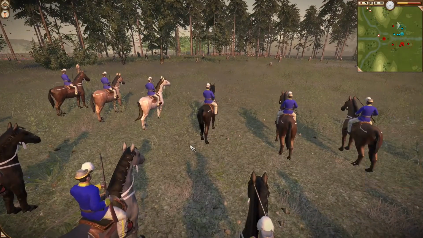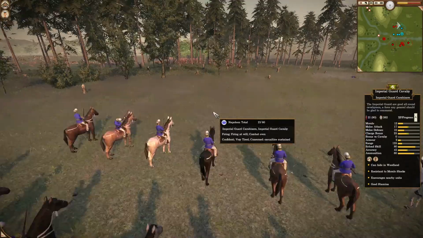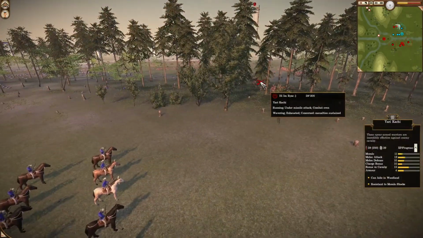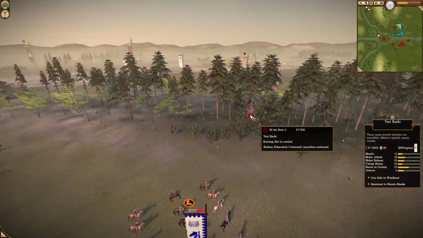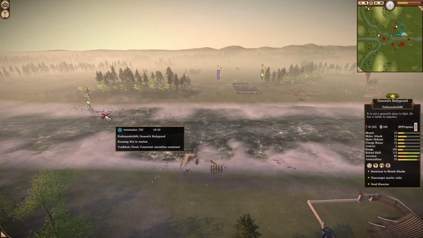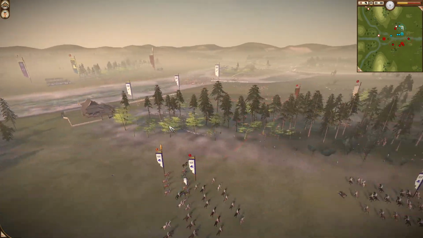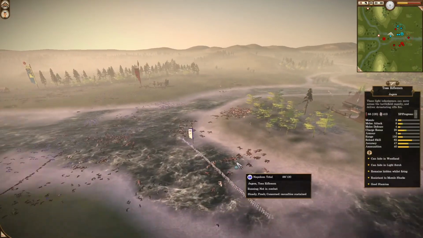And yes, this Imperial Guard infantry has gotten 261 kills, which is not bad. Not bad at all. And yes, we are just getting kills. And to make it a problem for the enemy... my bad. This